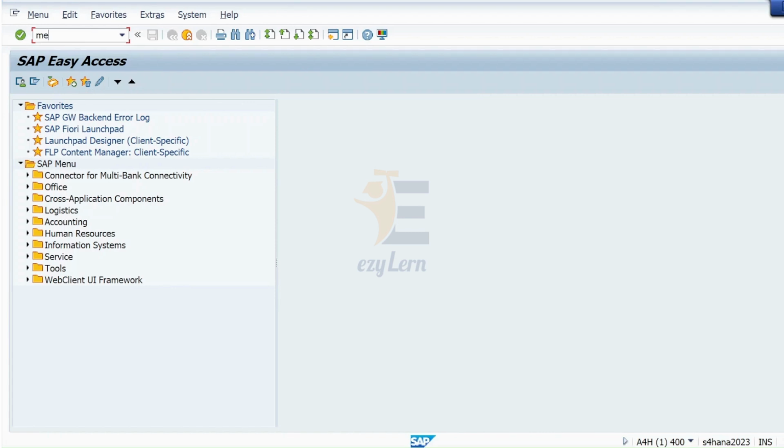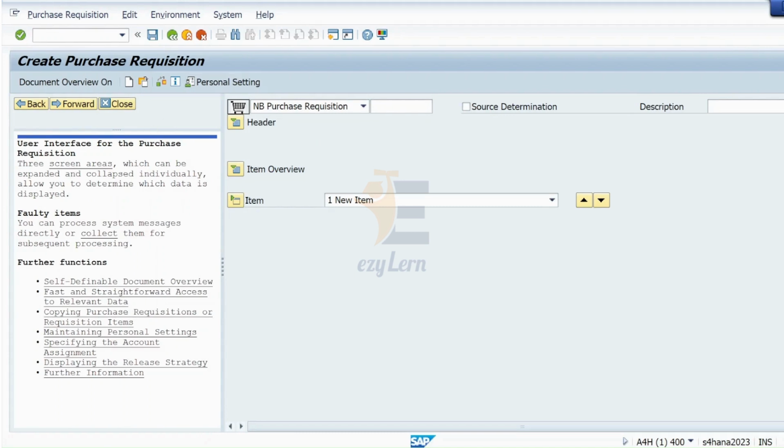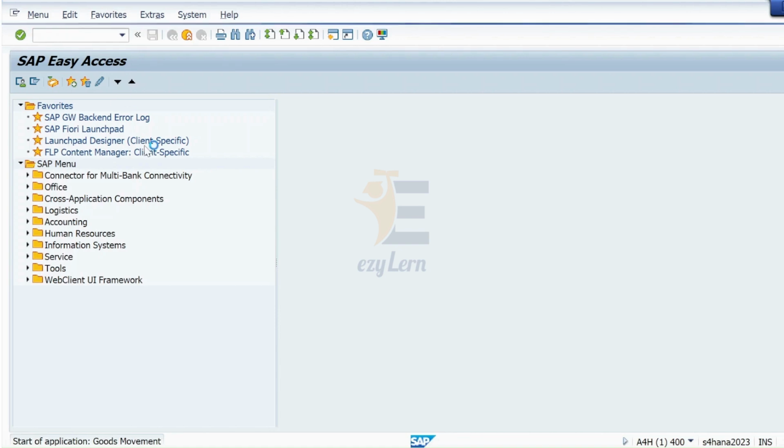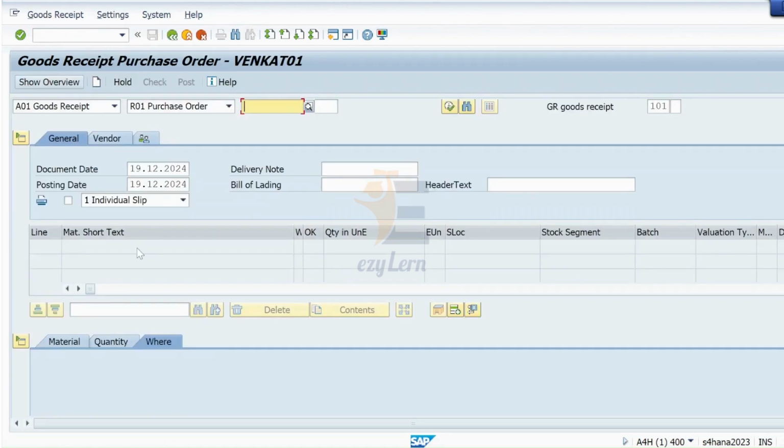Let me use ME51N again, and right now I have opened the create purchase requisition screen. If I want to go back to the SAP easy access screen, I will simply use /n and hit enter. It will take me back. And if I want to create a goods receipt using T code MIGO, or any transaction I want to perform, I will use that again in the command prompt.